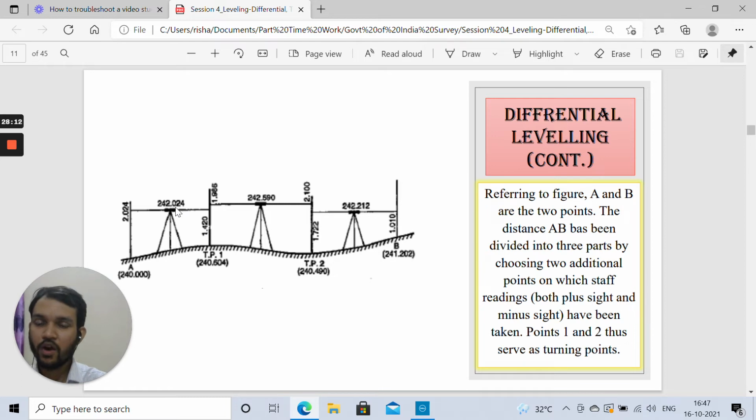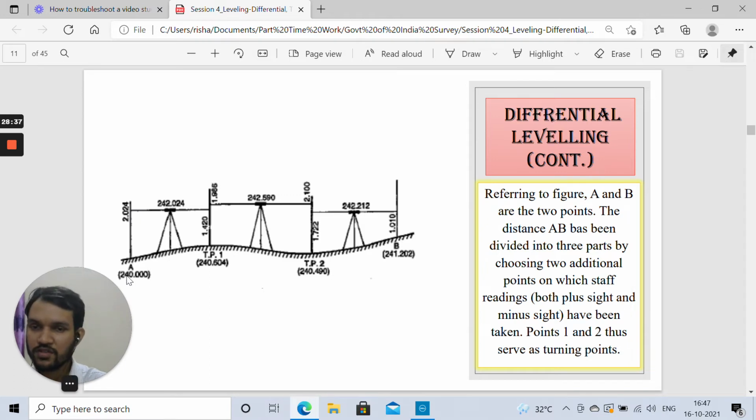Now we will try to read. This is the telescope that has been placed and we will look through it. This is the horizontal line of sight through which we are looking. And here is the leveling staff that has been placed by one of our crew members, and the reading which we read on this leveling staff was 2.024 meter. This reading will be displayed on the leveling staff as 2.024 meter.